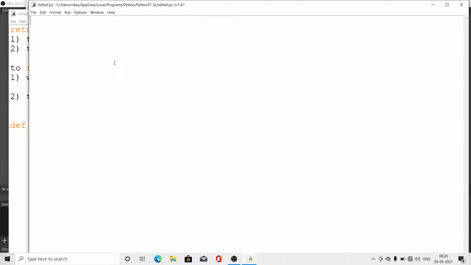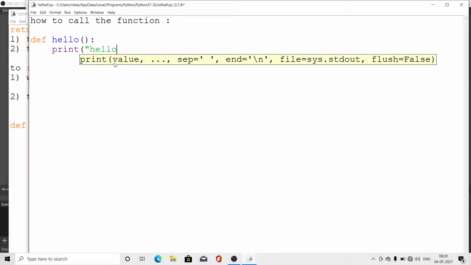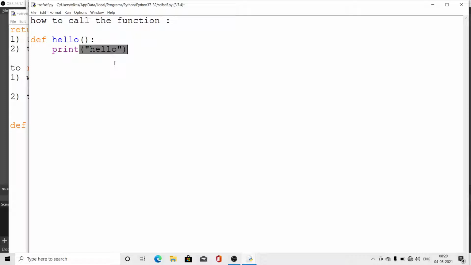Now we are going to learn how to call the functions. Clear? Look here, definition hello, and I have written here print hello. This is such type of function that does not return any value. For the calling, we have to write the function's name. What is the function's name? Hello. And we all know that Python is case sensitive.